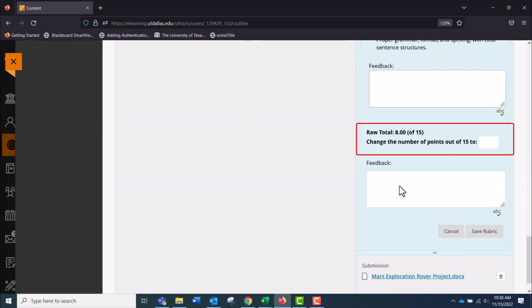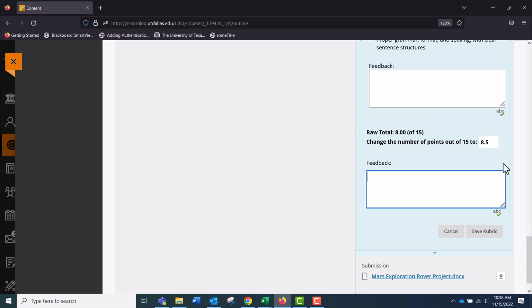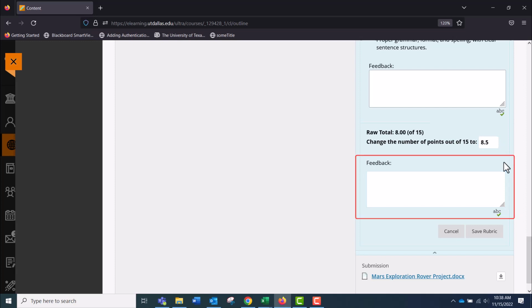In the end, you have a raw total that the system generates from the points that you selected in the rubric. You can either choose this total or round it off. In this case, I'm going to round it off to 8.5, and this is where you can provide overall feedback to the student and click on Save Rubric.